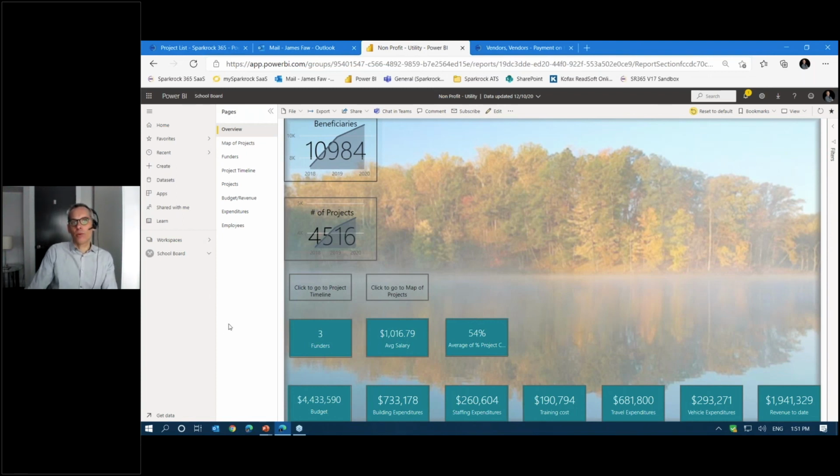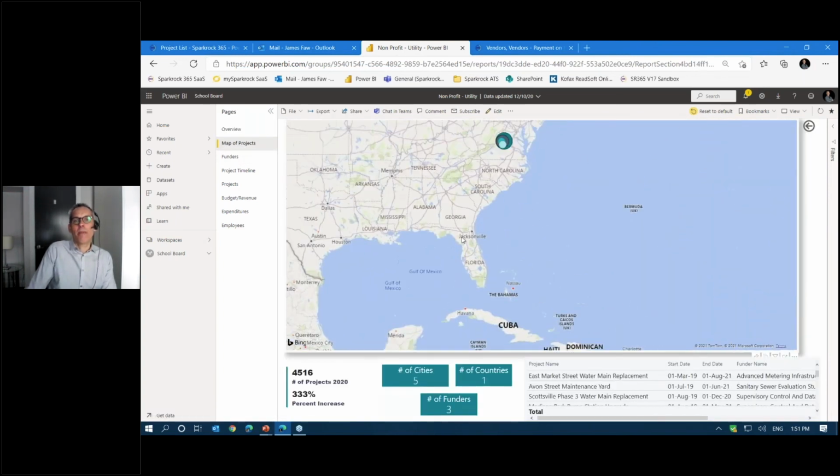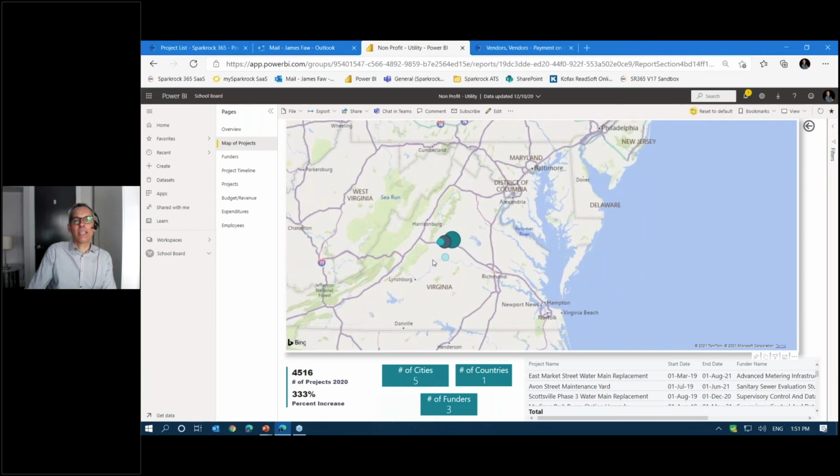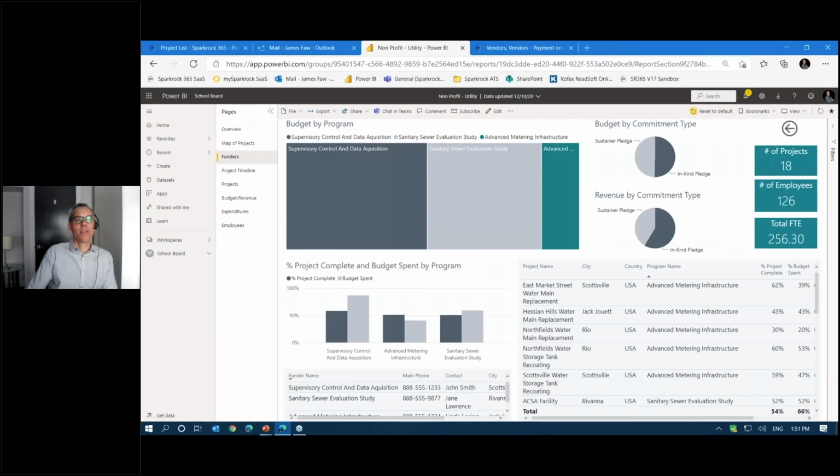We can create dashboards using another tool that's part of that Microsoft integration that Matt was mentioning earlier, a tool called Power BI, and it's one of those Power App solutions that are within the Microsoft Office framework. So, for example, if I want to present my projects on a map where I can actually see exactly where those are, I can see those. Or when I want to analyze data from a funder perspective and identify where revenue is coming in from different types of funding, different funding programs.